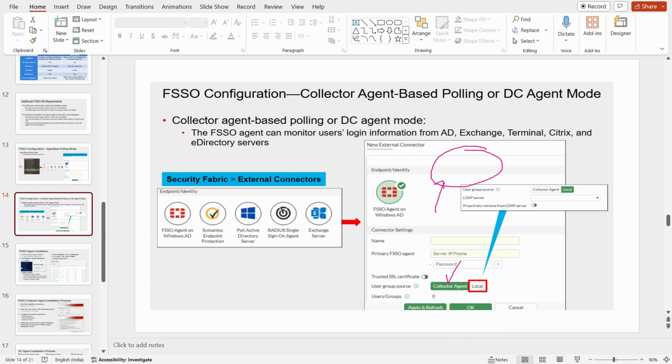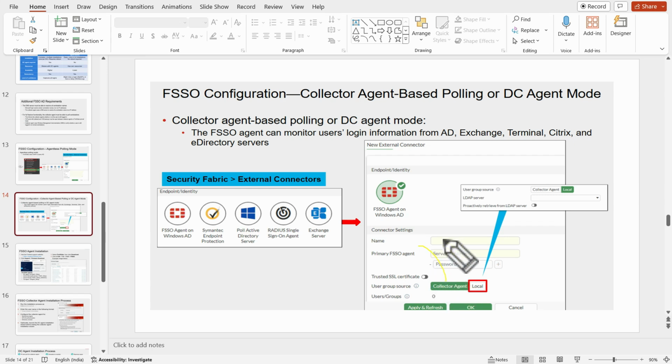And the second one is local. In local mode, you can create a group filter on the FortiGate using an LDAP server. For this, we need to set the collector agent to advanced mode. Otherwise, the collector agent does not recognize group filters sent by the FortiGate. So basically, these are the two modes.